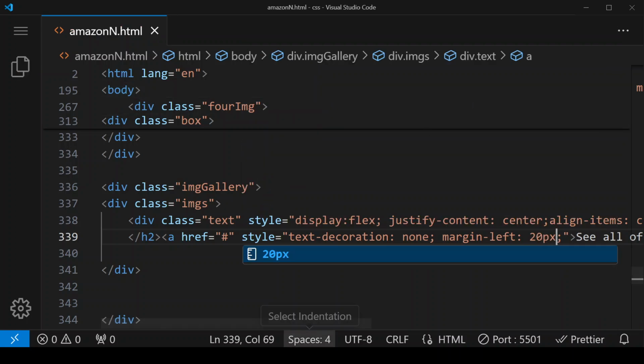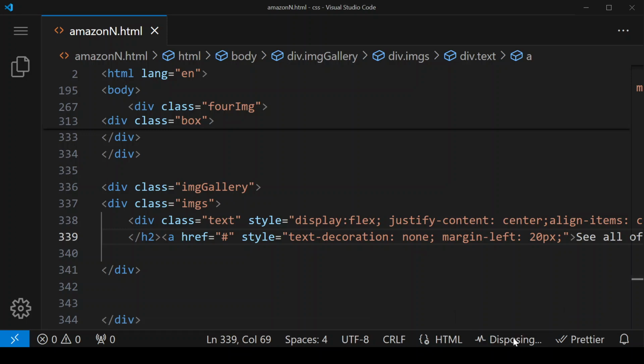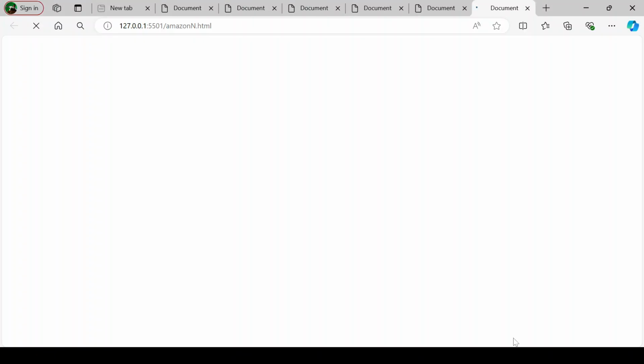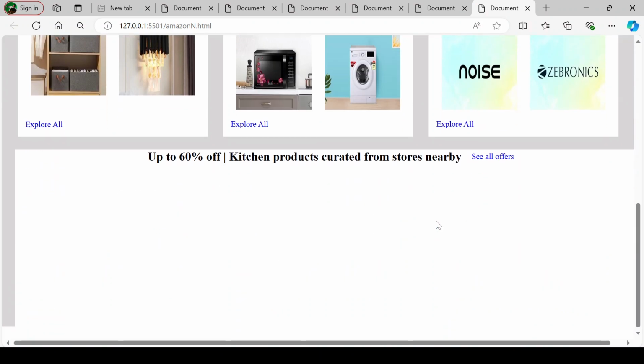Save, and refresh. So the margin has been added and the underline is removed.